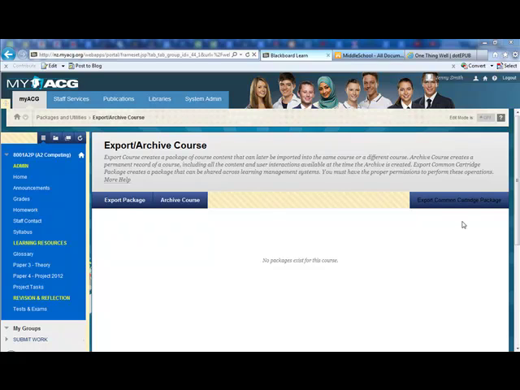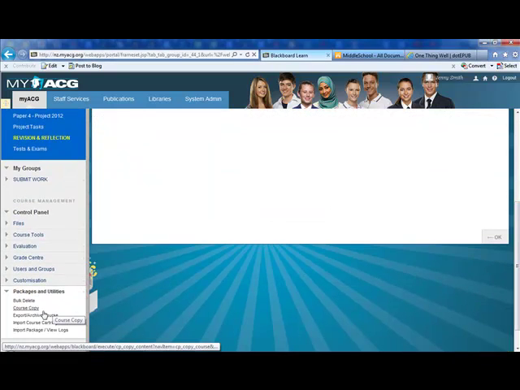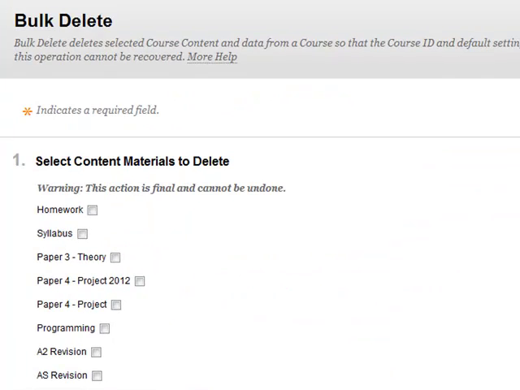recycle your course. So what you've got to do is go down to Packages and Utilities again, and this time click Bulk Delete. Now chances are you probably don't want to check any of the material in section 1 here. Basically anything we tick we want to delete. So because this is basically my content areas, I'm going to say just keep it as is, thank you very